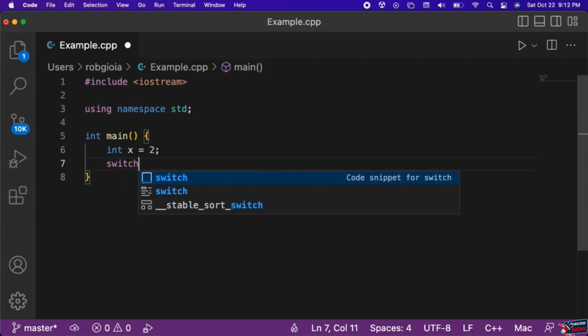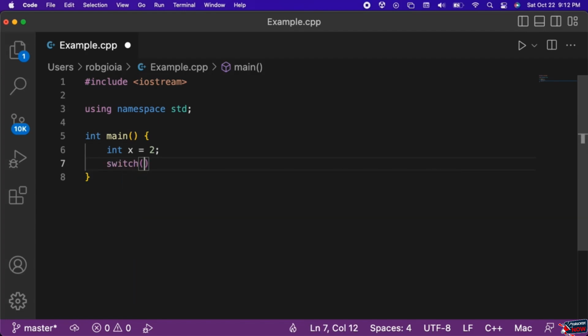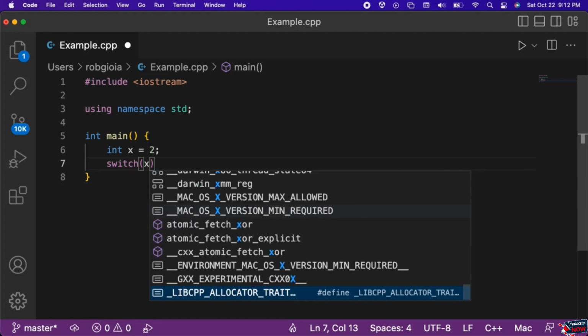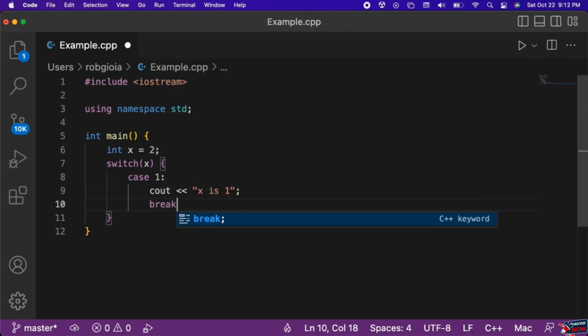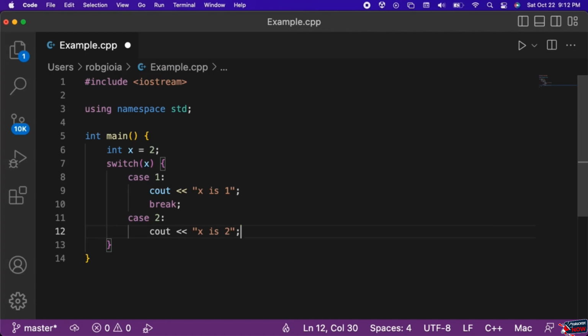Next, we type the word switch. Inside of a pair of parentheses goes the condition we want to check, which in this case will be the value of x. In the case that x is 1, we will output "x is 1" to the console, and then break from the switch statement. In the case that x is 2, we will output "x is 2" to the console, and then break from